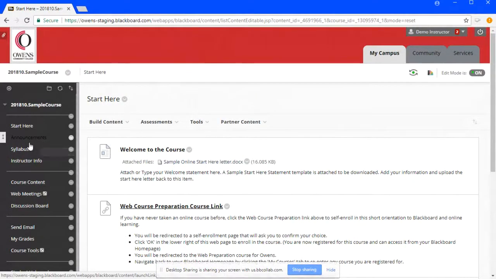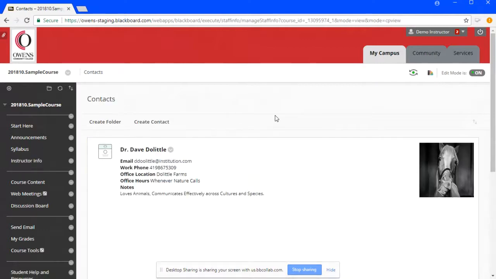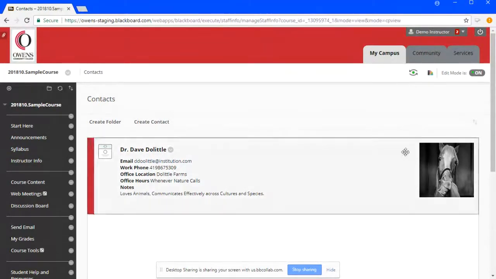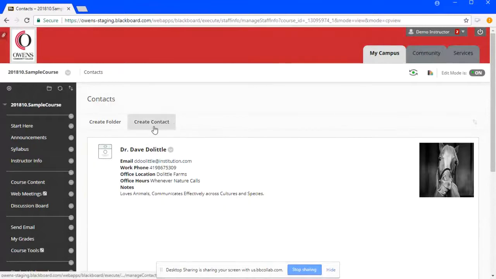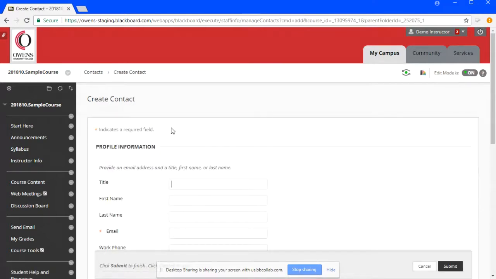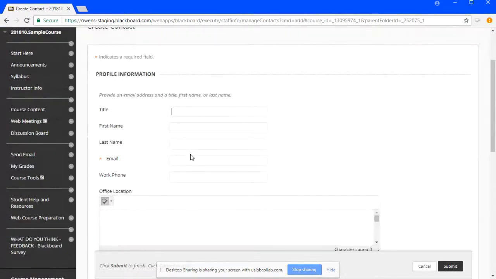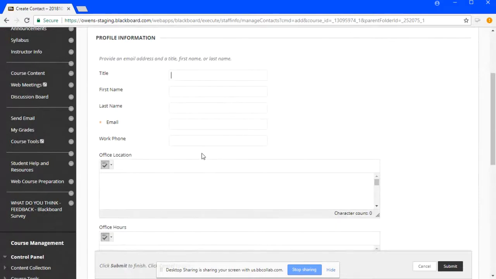The announcements course menu area, I won't go into grave detail about. The syllabus as well. What I will show you is the course info, instructor info, and you can see Dave Doolittle, my fake instructor. I've created a contact card for a fake instructor by going to create contact and clicking on that tool. What that does is open a contact page for you to enter your information.